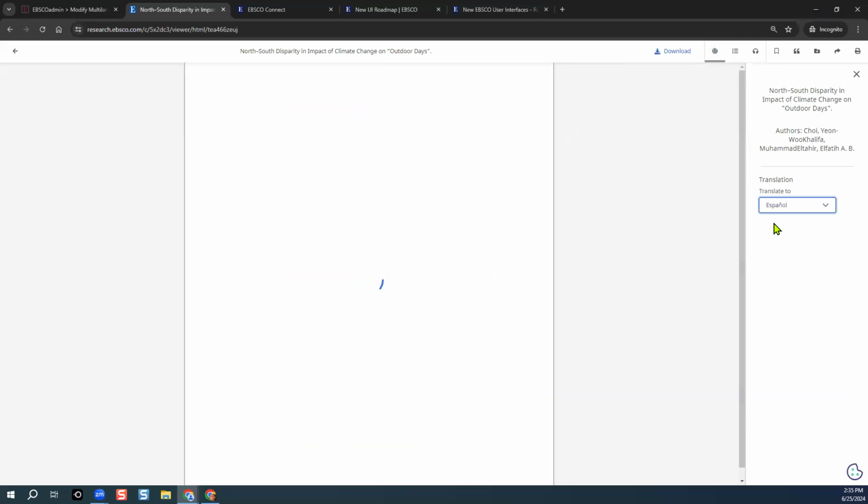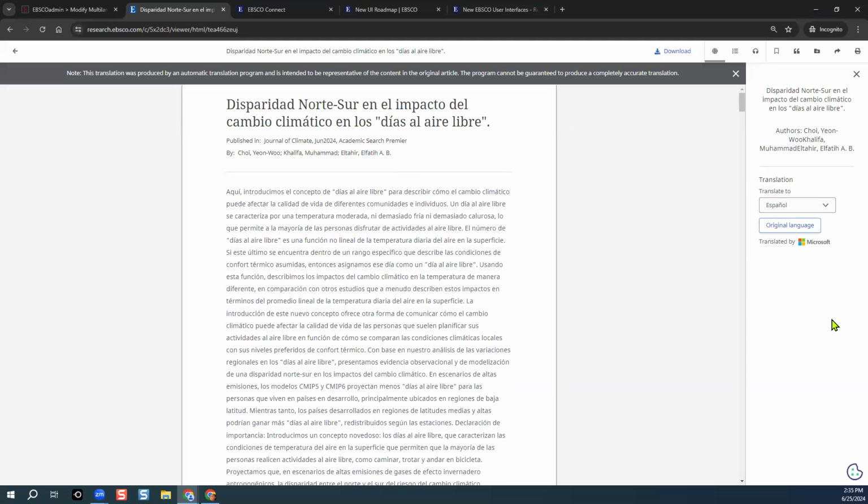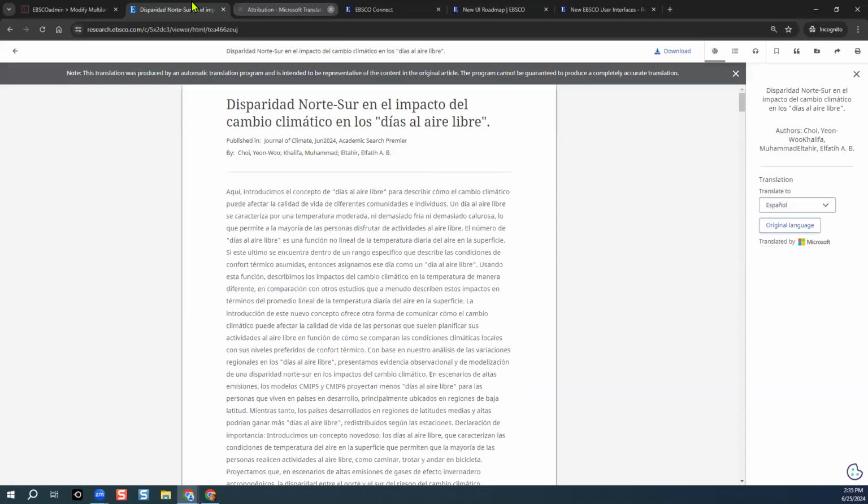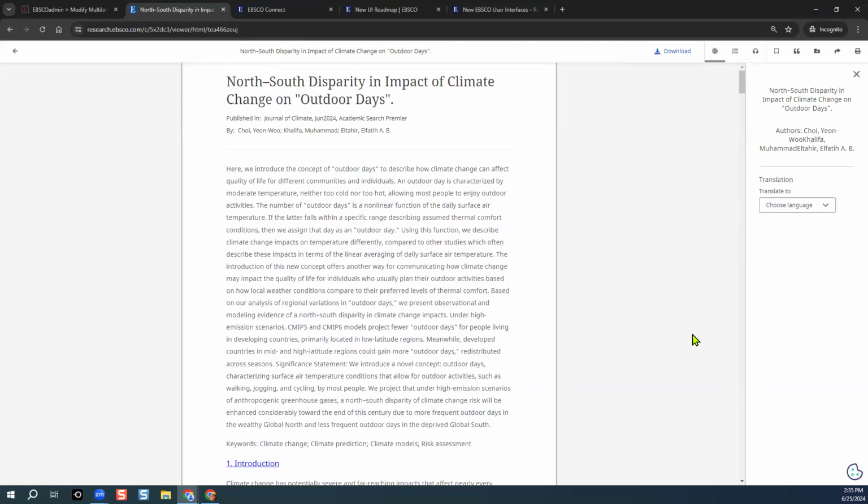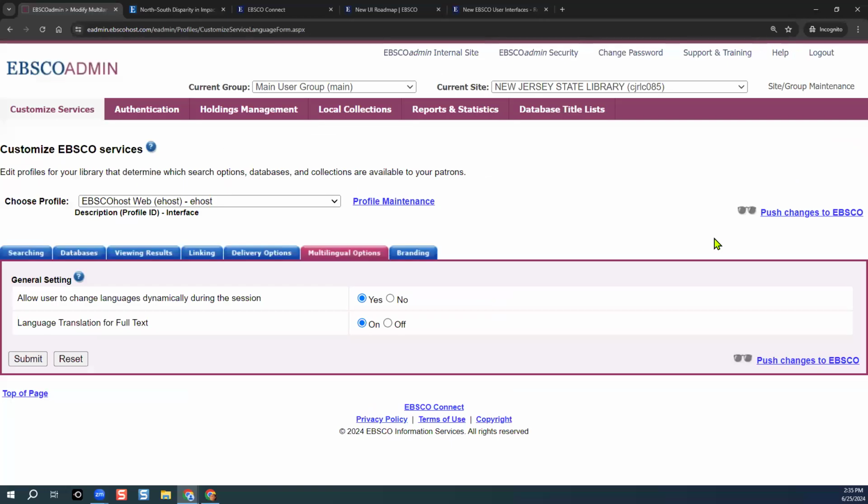So if I wanted to change this article into Spanish, I can choose that language from the translation drop-down menu, and it will quickly be translated by Microsoft, just a machine translation. I can also, oops, didn't mean to do that, change it back to the original language. All right, so